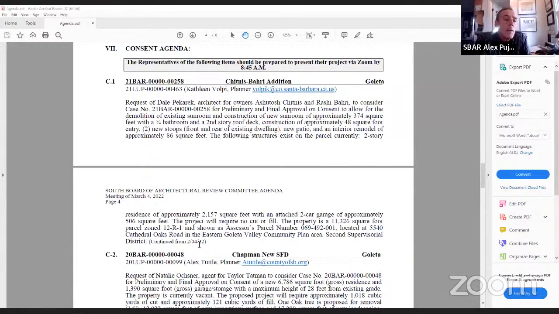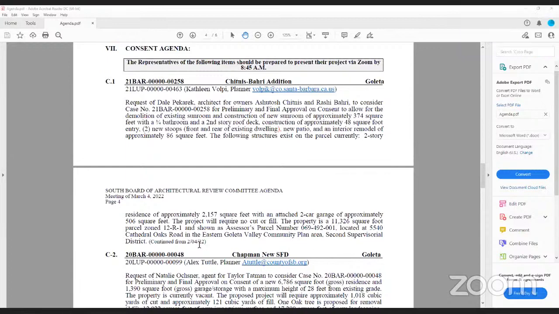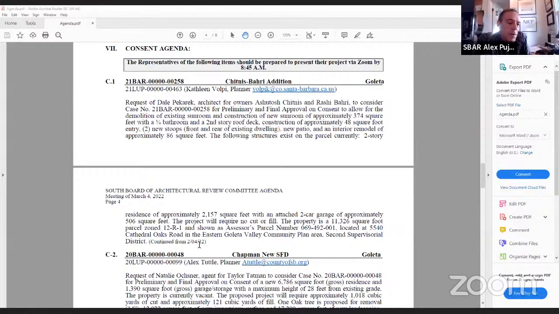Okay, yeah, it would be, just because right now is when you're making the motion. Okay, that's correct. Okay, thank you for the clarification. So we have a preliminary approval for C1 to return to consent with